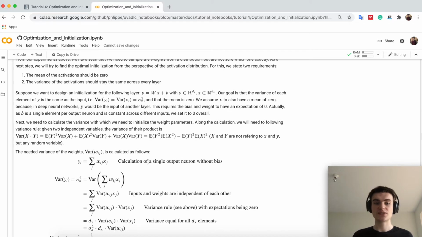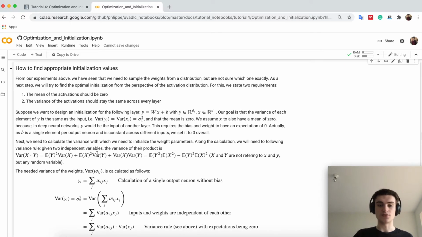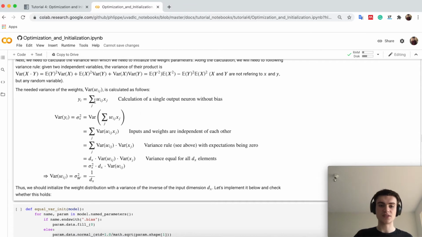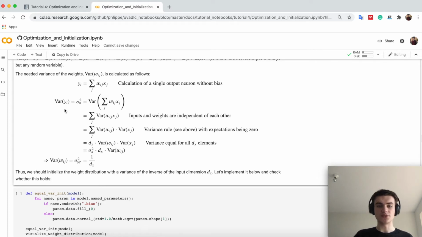How we approach it is by first saying we can ignore the bias, because we said we want to have a mean of 0. So let's say we have a weight mean of 0, and a bias of 0. This is also because we assume that x, the input, already has a good distribution, as we wanted: a mean of 0 and a standard deviation which is large enough. Now we want to calculate the variance of the weight parameters we need. For this single output, we know that y_i is calculated by the sum over j of w times x, so it's just one row in the matrix multiplication. And if we now calculate the variance of this one, which we want to equal the variance of the input x,